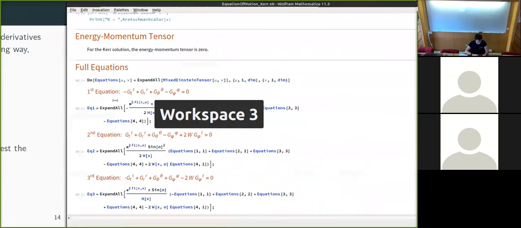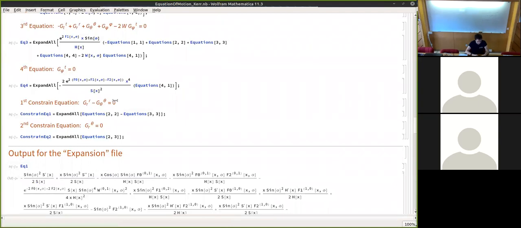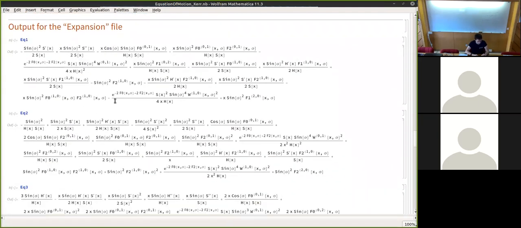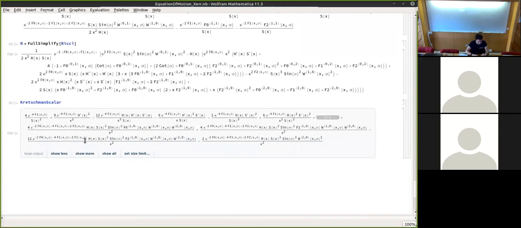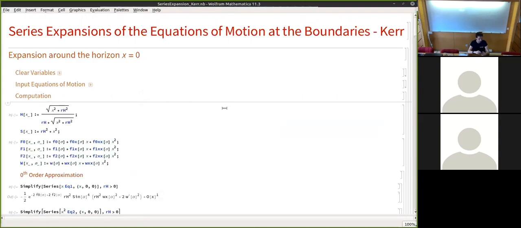So here I do exactly that. It's not very interesting, but then you can do the print just to see how the functions are. Here, as you can see, the Kretschmann scalar has a lot of terms. Then, with the equations of motion, you can now do a series expansion of them in the boundary conditions, or